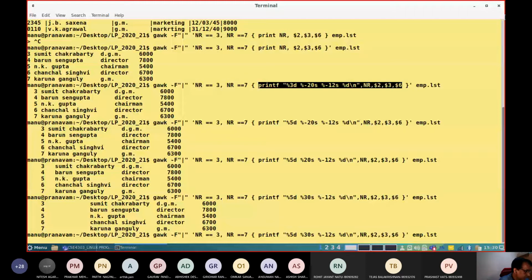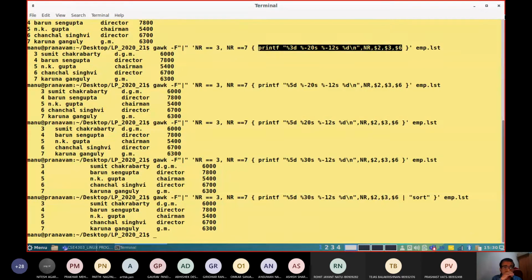Now this particular output, instead of printing it on the screen, I can give it as input to another command, say for example sort. Now look into the output. Can you notice any change, whether there is any effect?